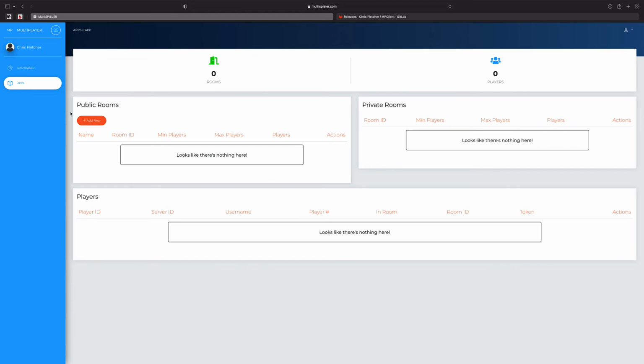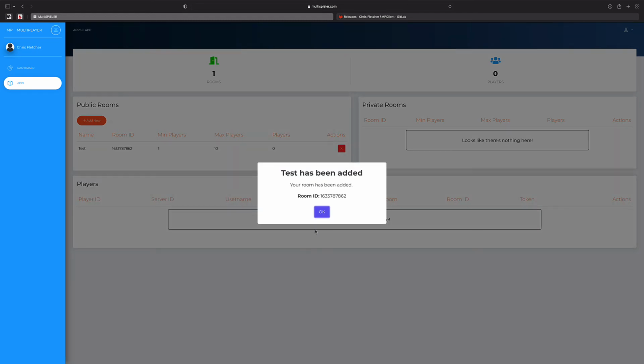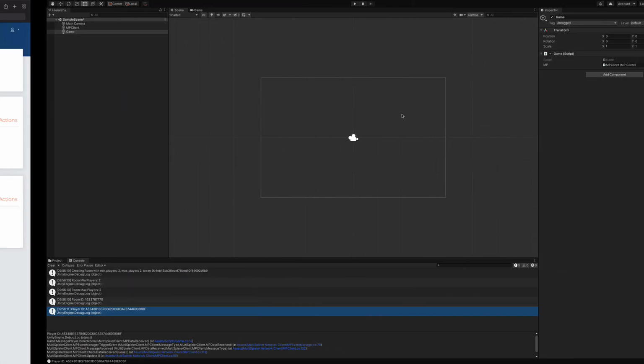So let's go ahead and create a public room. We'll call this room test. Description will be test. Minimum players will be 1. Max players, let's make that 10. And let's click add. Okay, so the room ID is 163. I'm just going to copy this and click OK, because we're going to do something bad right now. We're going to hard code that value